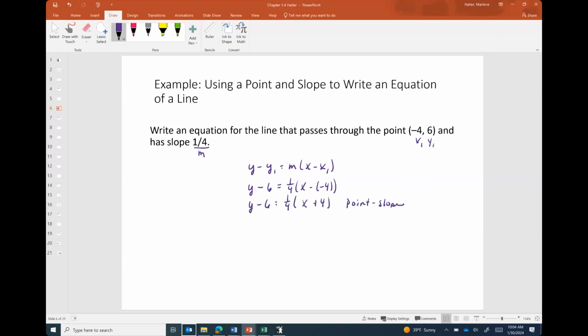However, this isn't very useful as a model. The more useful format for the equation of a line, if we're modeling and we're using it to predict or estimate values, we would want it to be in the slope-intercept form. So to do that,